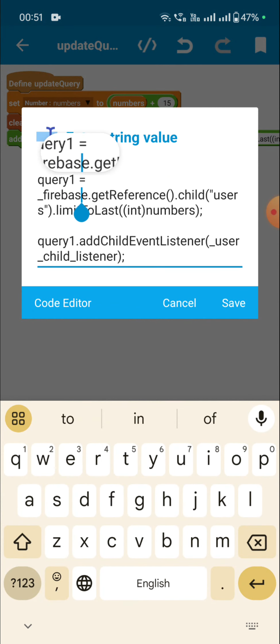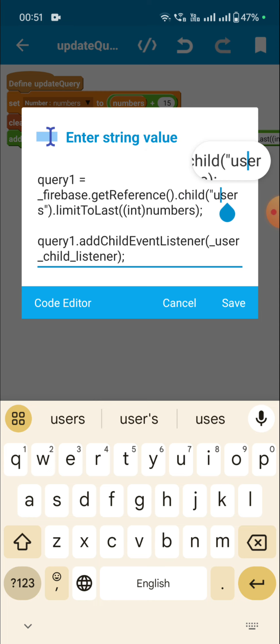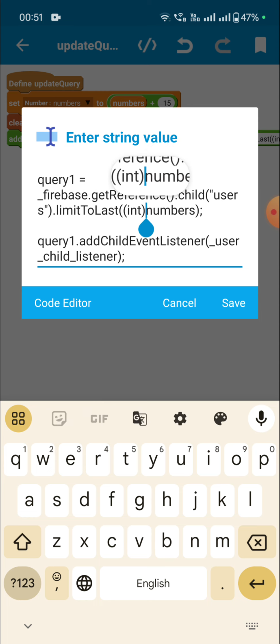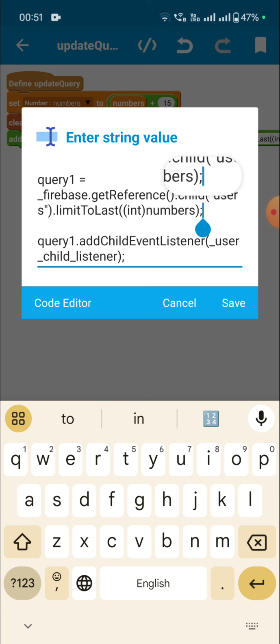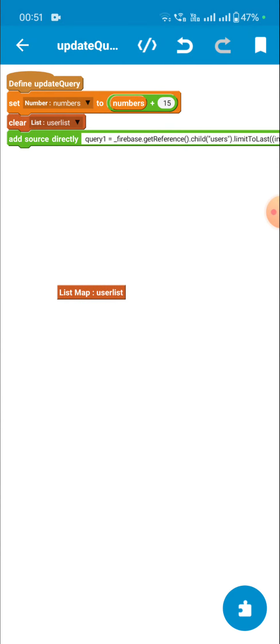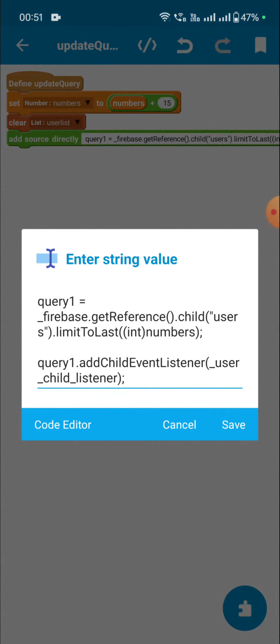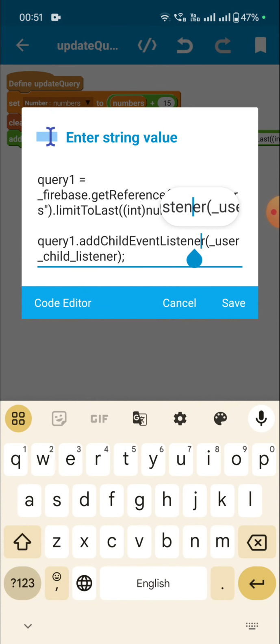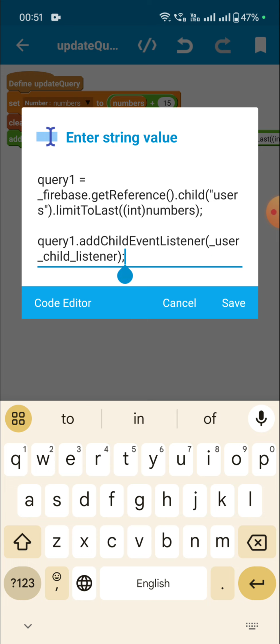Query 1 is set to firebase.getReference.child users dot limit to last int numbers. So it will get the first 15 numbers, and in query 1 I have added the child event listener underscore user underscore child underscore listener. So only this much is there,